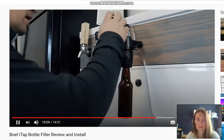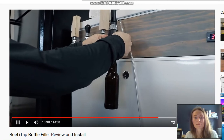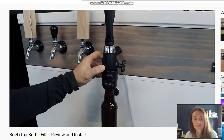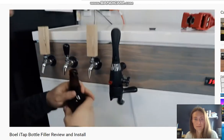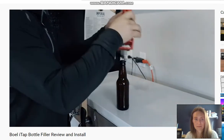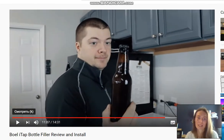Once we get about halfway up the neck, we're going to shut the main tap off. You're probably going to get a little foam once you release this nut a little bit. I like to hit it with another shot of CO2 real quick, just to blanket it on top. You can close it or you can leave it open. I like to leave it open. That lets some of the pressure out. Undo the bottle. Then we're going to cap it real quick. The cap should be in sanitizer, and you have your bottled cider. So he bottled his cider, he's done it well,